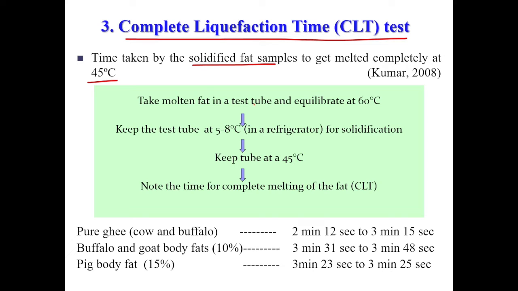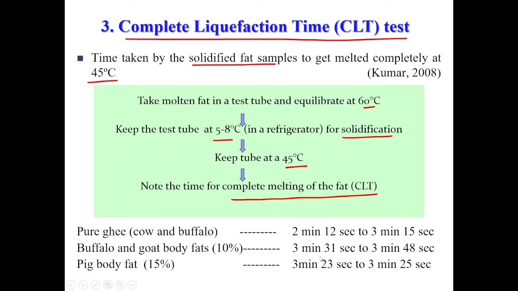So you take molten fat in a test tube, at 60 degrees Celsius. Then you keep the test tube at 5 to 8 degrees Celsius for solidification in a refrigerator, and then you take out the test tubes and place them in a water bath at 45 degrees Celsius, and note the time for the complete melting of the fat. Here we can see that pure ghee takes around 2 minutes 12 seconds to 3 minutes 15 seconds. Buffalo and goat body fats take 3 minutes 31 seconds to 3 minutes 48 seconds, and pig body fat takes 3 minutes 23 seconds to 3 minutes 25 seconds to completely get